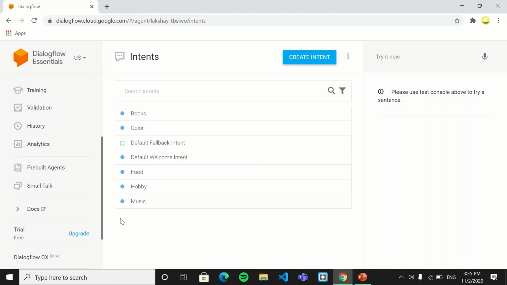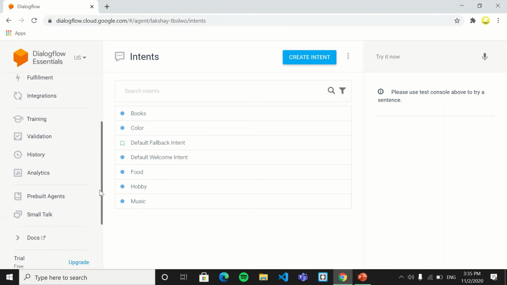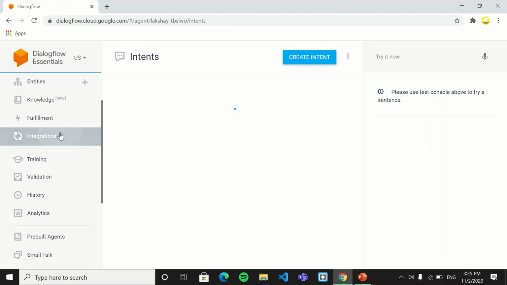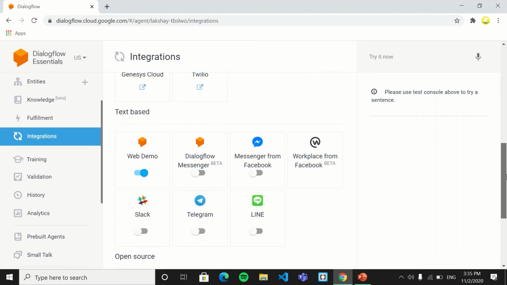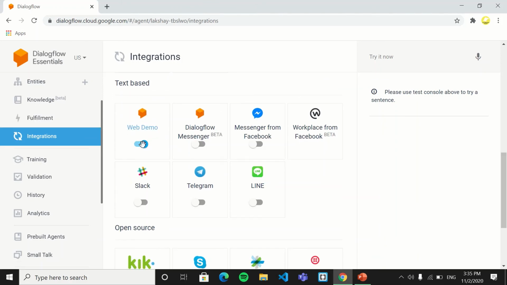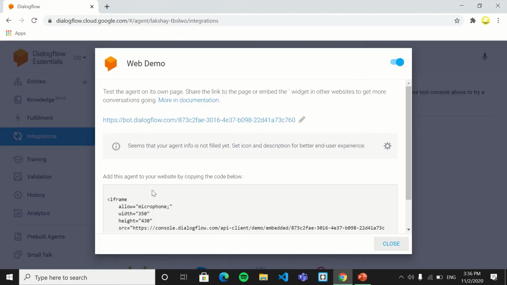Now if you want to send this chatbot to any of your relatives, friends, or anyone, you have to go to integrations. You can see integrations, then scroll down. This is the web demo. When you create a new chatbot, this will be off. You have to turn it on, and then this will be visible.